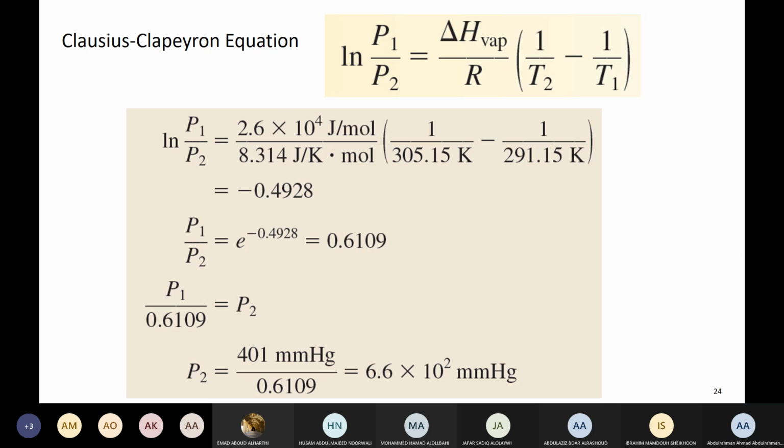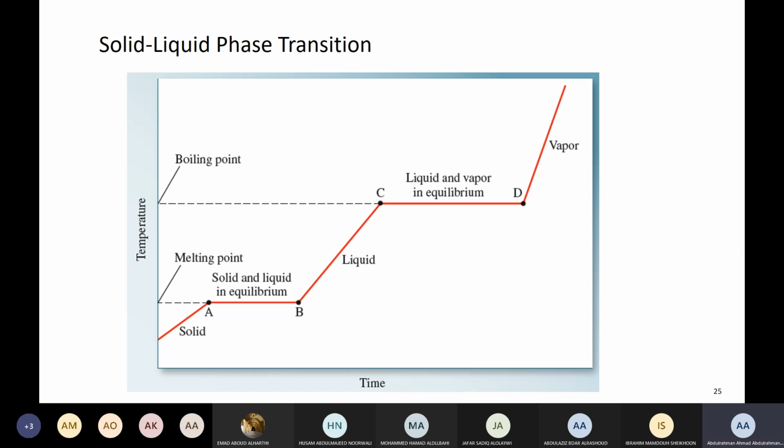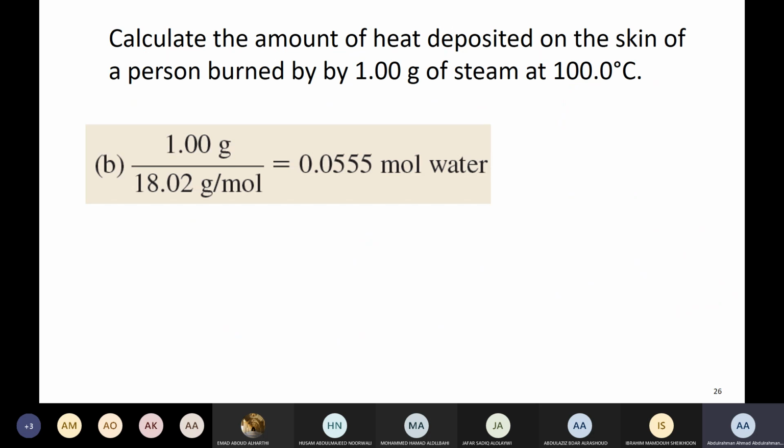Very good. Now, I can assure that there will be one question related to this diagram that you're looking at. Can you see it? And this is for water. Okay, and this is the temperature of water boiling and so on and so forth. I have this problem which we did before in the course,